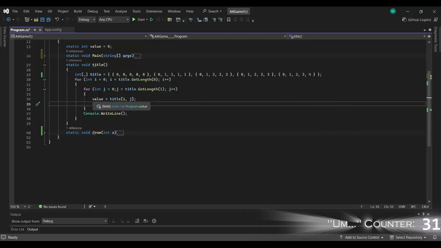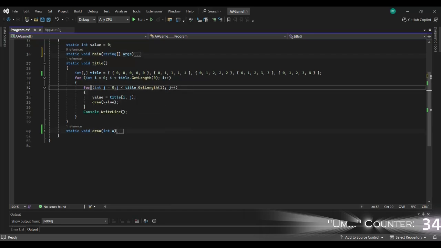So what this will do is it'll set the value, which is the static integer up here, because I don't need to create a whole new variable for this, because it'll just be used in this tiny bit. I can use this global value. It'll set the same thing, so the title, so this, oops, this calls it there and there and there and there. So it'll do the same thing. So it'll start with this one, and then this new value, which is 0, will go into the draw function,